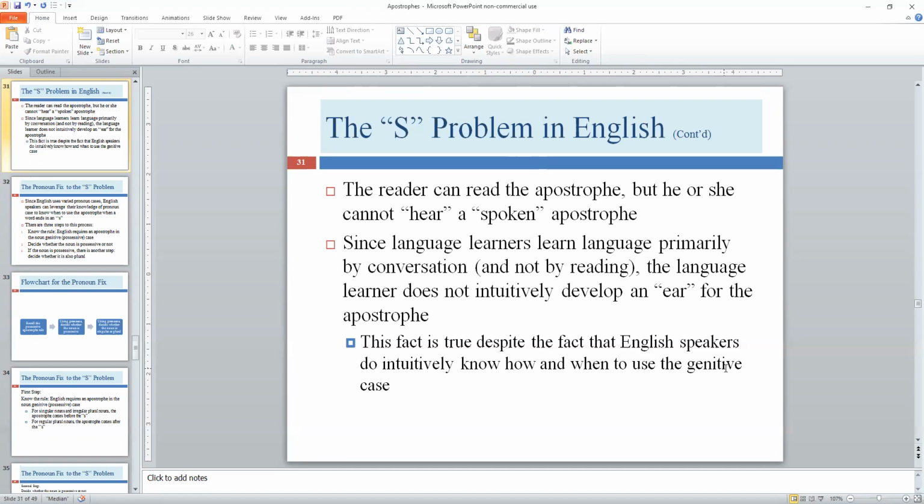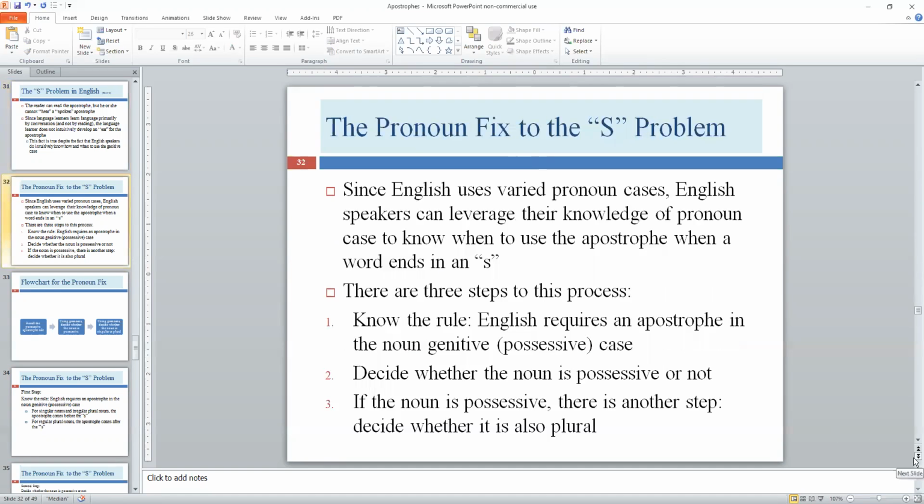Believe it or not, the apostrophe there is not there to make it harder for the reader or the writer. It's there to make it easier and to make communication more seamless. Okay. So now we're going to talk about when we use the apostrophe and how to decide when you're confronted